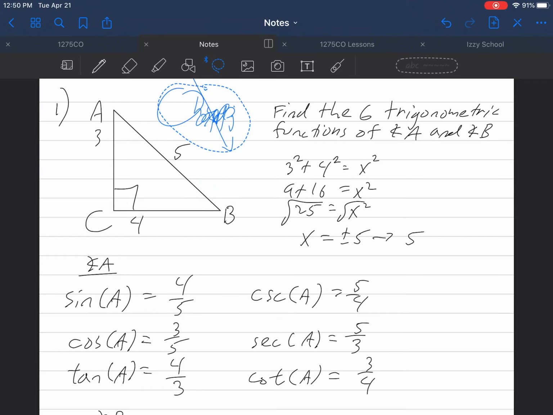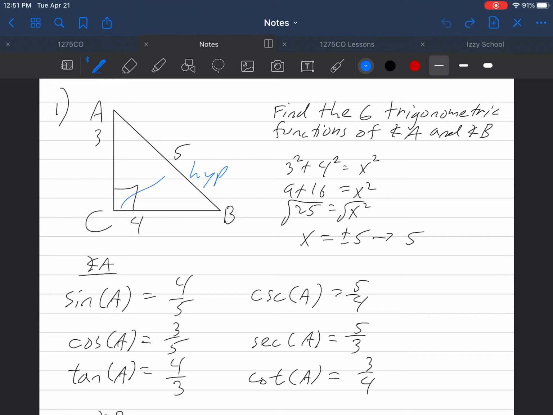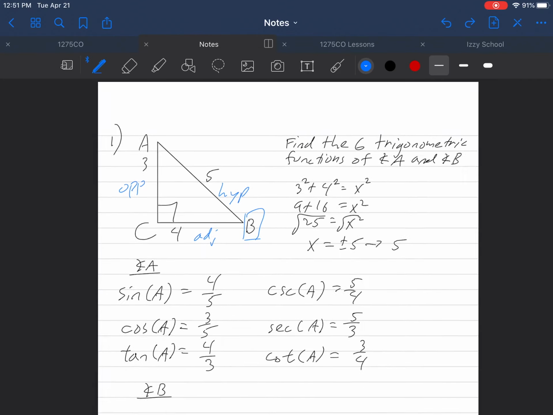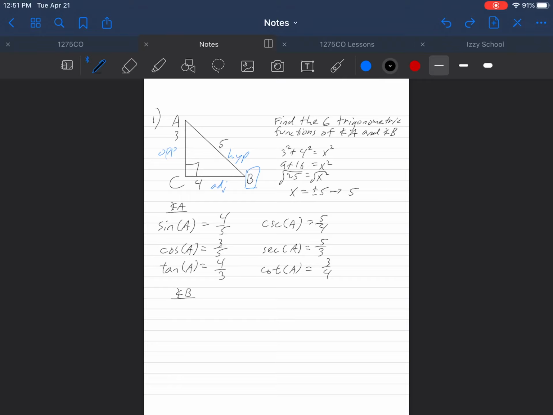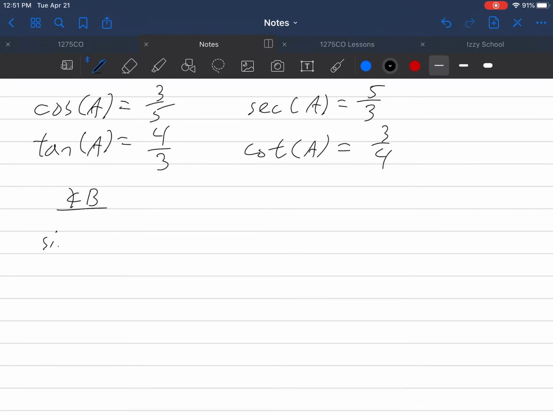All right, let's erase this so that we can start over. Hypotenuse is in the same location across from the right angle. But since our focus has now changed to angle B, the opposite label changes, and so does the adjacent. The values of 3 and 4 do not, because those are given to us as the sides of this triangle. AC must be 3, BC must be 4. But the labels of opposite and adjacent can change accordingly with our angle of focus,